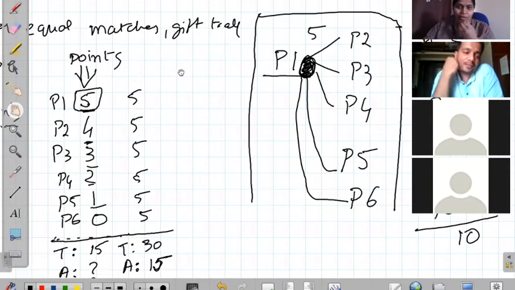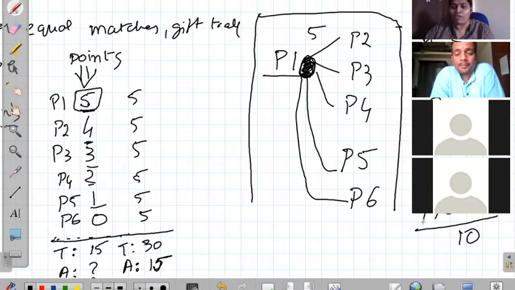Because P6 should also get 1 point. Exactly. If P1 has played with all the players, that is 5 points, then P6 should have got 1 point, not 0. So there is a contradiction, and this cannot happen. 5, 4, 3, 2, 1, 0 cannot happen.